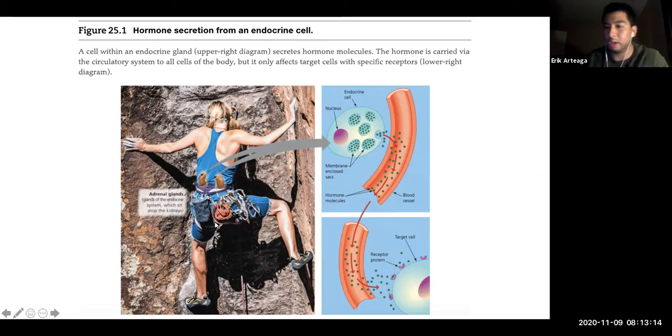So this person is climbing a rock. They're probably a little scared, probably trying to figure out where they're going to go next. And again, the adrenal glands are kind of helping that body prepare for whatever task this person's going to be completing, right? So the adrenal glands or the endocrine system works on multiple different levels, right? It can control the pancreas, it can control the stomach, and, you know, hunger or sugar absorption or releasing in the bloodstream. So there's a lot of different factors, a lot of different areas that the endocrine system can innervate. Okay, and we'll be talking about a few in this lecture.